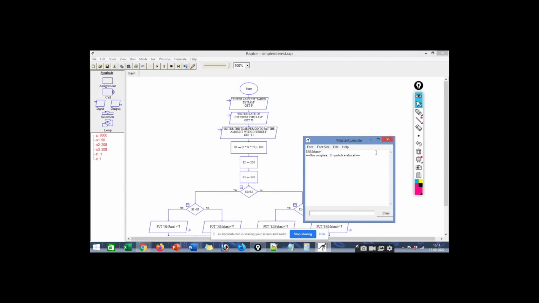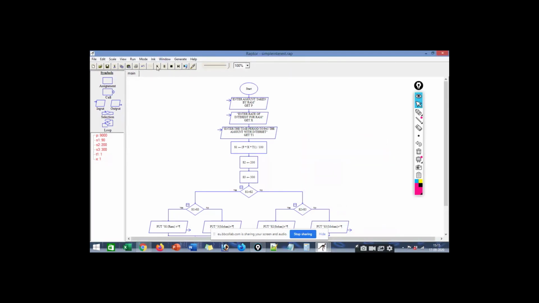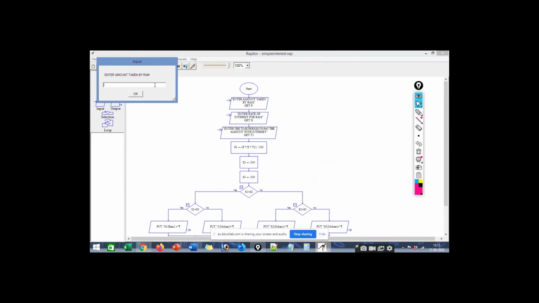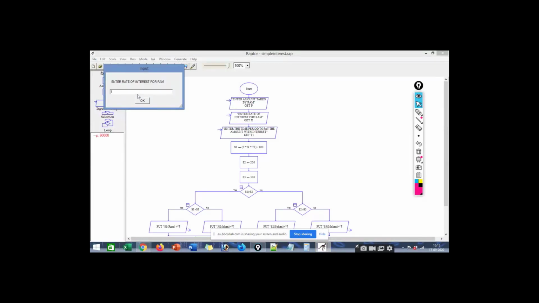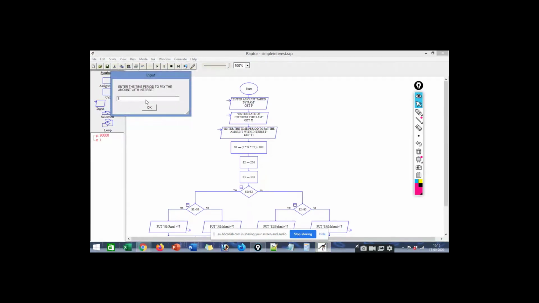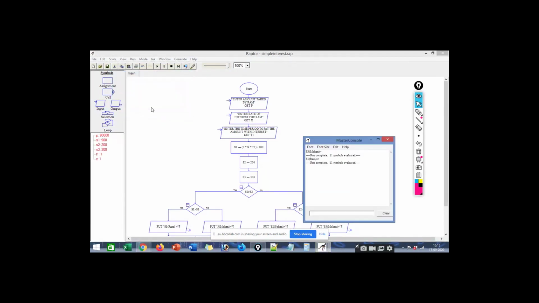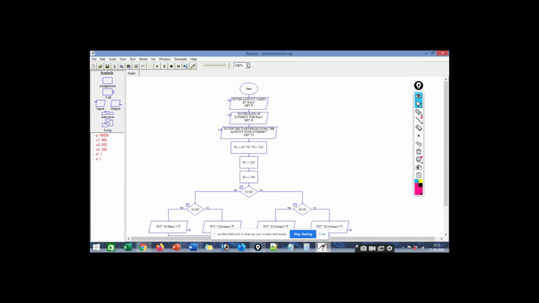it is saying that Mohan has the highest value. Okay, let me do it again. This is the amount taken by RAM, this is the rate of interest, and this is the time period. So here you can see RAM has the highest simple interest.